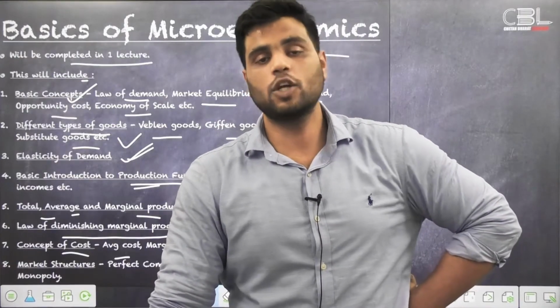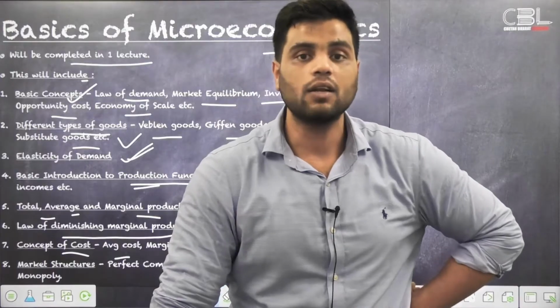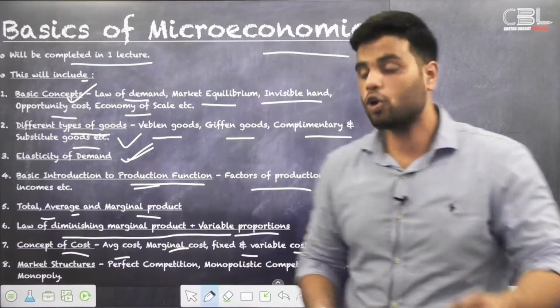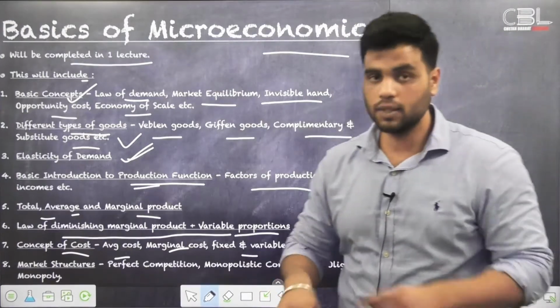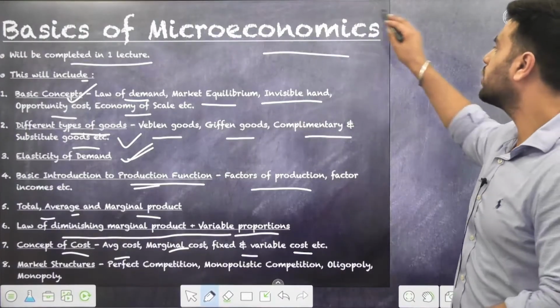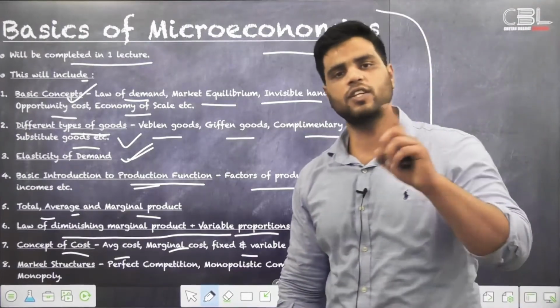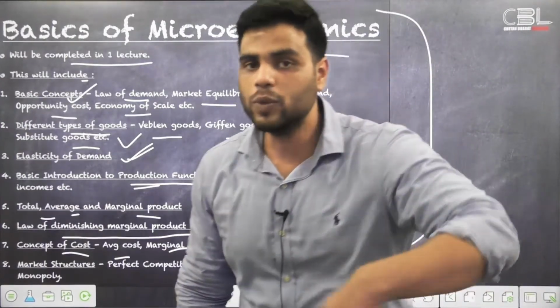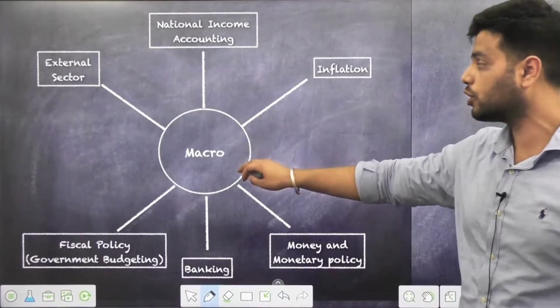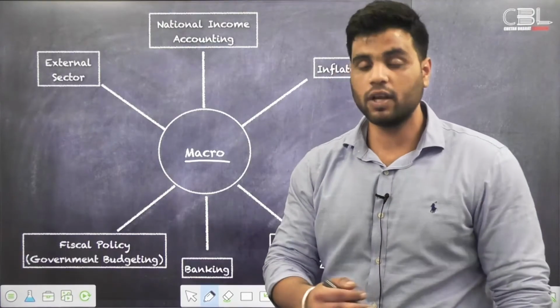Because there are 2 major players in the market, Jio and Airtel, right? So the telecom market has become a duopoly. So what is duopoly? What is oligopoly? What is monopoly in a market structure? We'll talk about all these things, and after that we'll be done with our basics of microeconomics in first lecture only. All right. Then we'll jump on to macroeconomics,